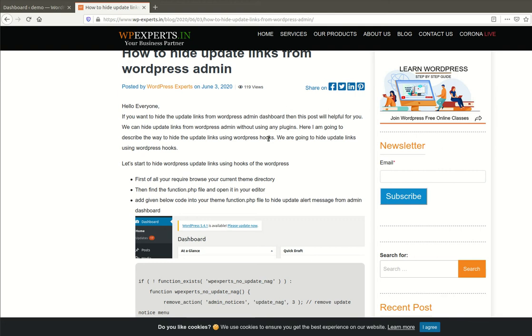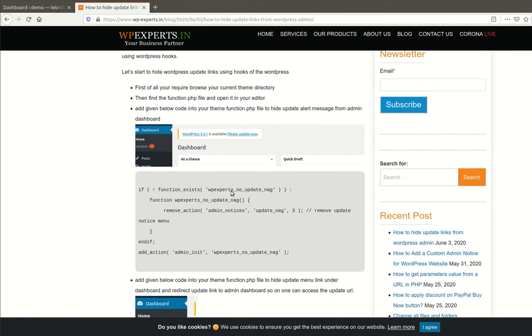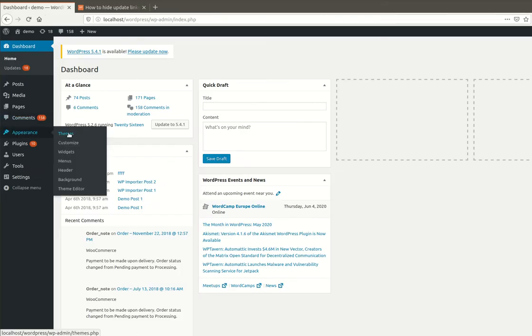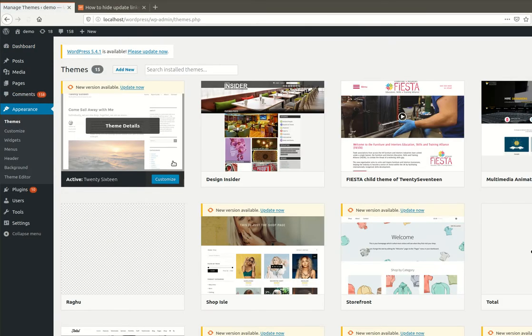Okay, so let's start to hide the update link. First of all, you will need to find the current theme directory. I am using the 2016 theme here for my WordPress.